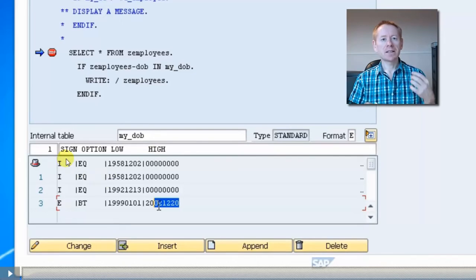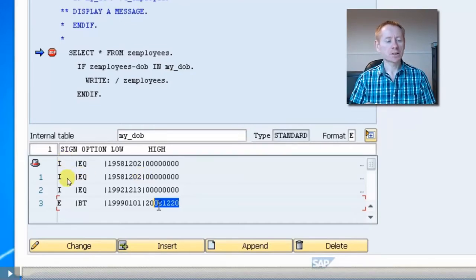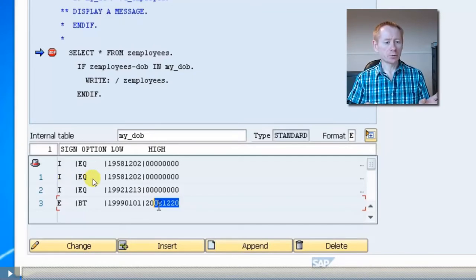Sign is an indicator, a value that tells us whether we're going to include or exclude whatever we have in the additional fields. So this first record says we're going to include the values in the low and high field. Now the option field determines how we're going to include, and EQ means equal to, same as the equal to sign. So this means include where the low value is this,